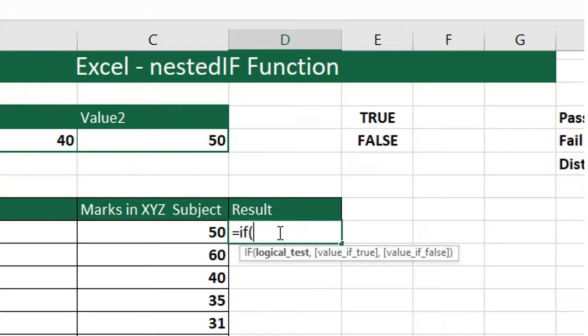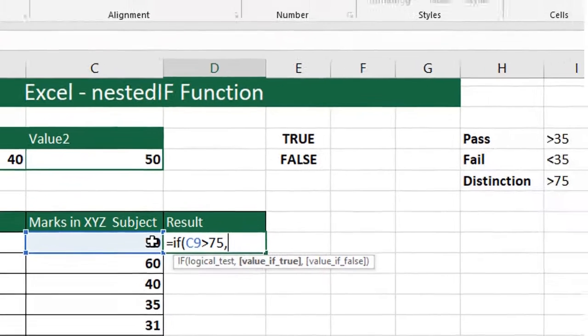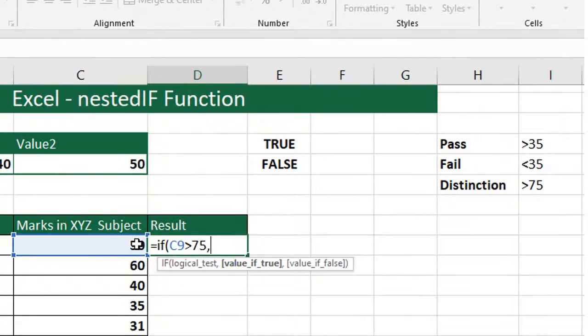So equals if C9 is greater than 75, then I would like to print as text, in double quotes, Distinction, close quotes, comma. And here I'm not going to enter the value if false.